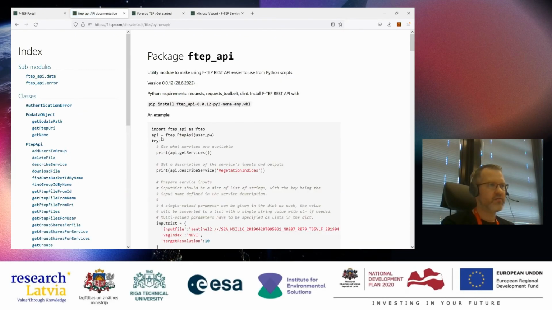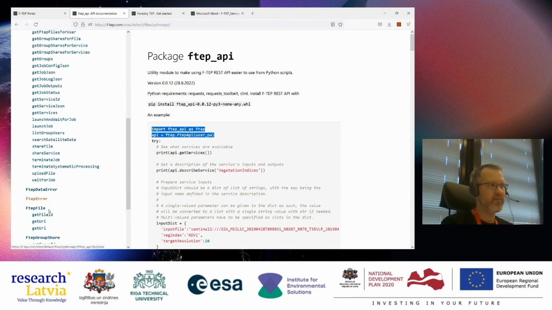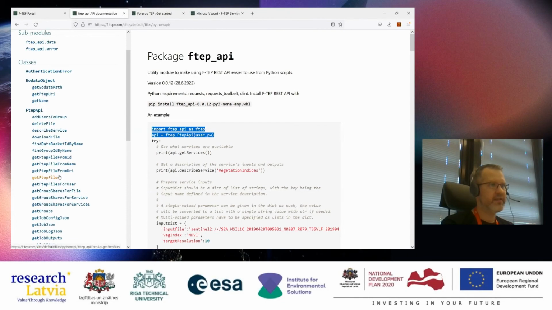You just open the API with the user name and password, and then you can use all the API methods. This is a work in progress, so we are adding more options to this package when the users request something. So if you need something, please ask.